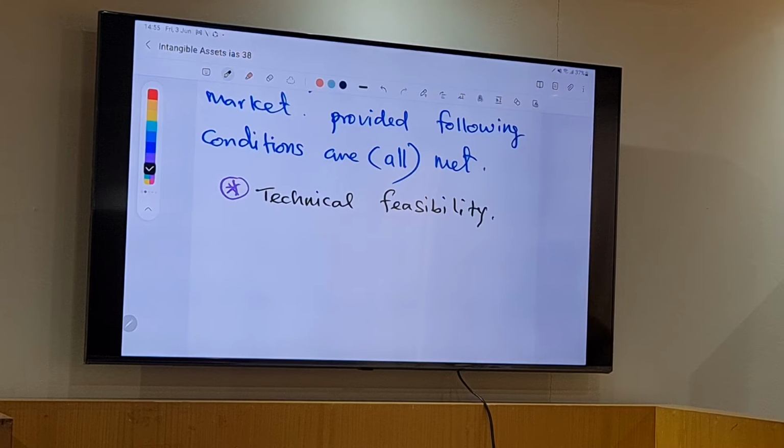Technical feasibility, meaning, let's say you introduce a blender to the market. What is a blender? That makes juice, and then sometimes we blend coconut. So when you use this blender, and when you put an apple, for example, you want to make a juice, what happens is that when you switch it on, it blasts.